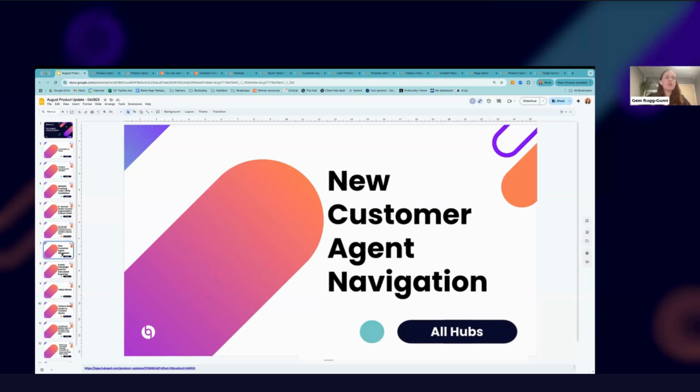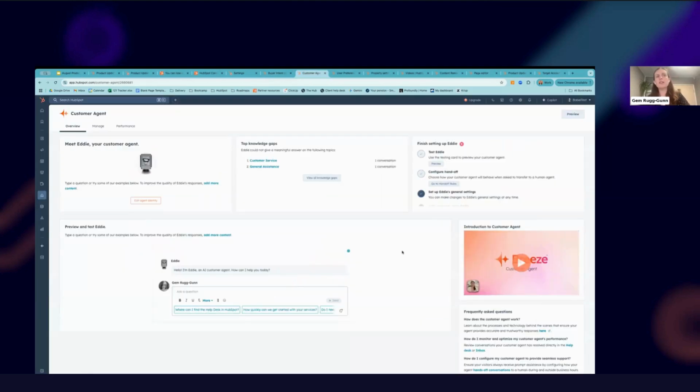Next up is the new customer agent navigation. So I am going to jump into this one. If we go into the customer agent, something that, again, many customers are asking us to help them navigate around at the moment. We're getting a lot of people wanting to set this up, particularly since every portal now has